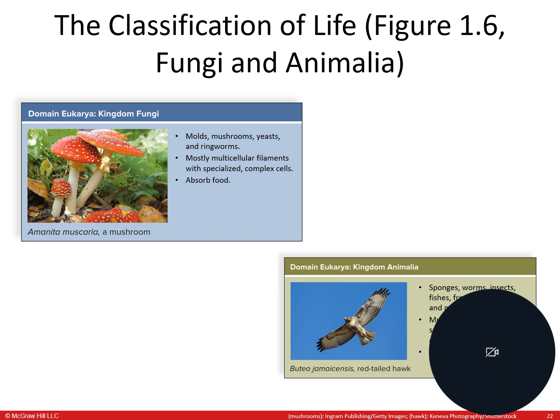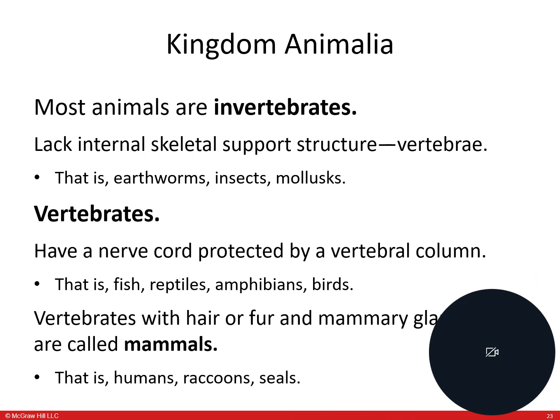And of course, then there's our kingdom, the animal kingdom. We tend to be multicellular organisms, though there are a few unicellular organisms, but anything from water sponges and earthworms to mammals like ourselves, all of it falls under the Animalia kingdom. So in kingdom Animalia, most of the animals we find there are invertebrates, which means they don't have structural support like a vertebra. Now, of course, there are some vertebrates, and those are going to be stuff like us and your dog and birds and things like that. So most animals that are invertebrates lack skeletal support. Those are going to be things like your earthworms and your mollusks, snails, things like that.